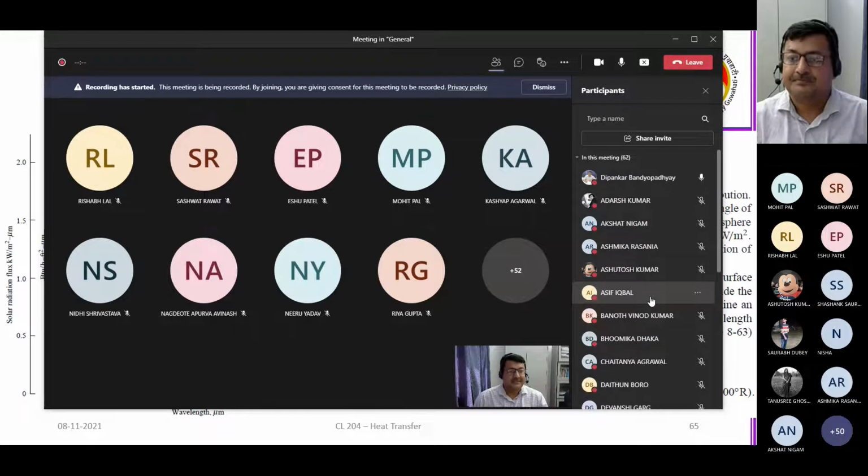Is it clear? Any question you have up to this point related to all these things, and how exactly you calculate the individual resistances associated with that? What is the resistance that you calculate? How much is going from this surface to that percent? How much is coming back? And that gives you the net resistance, net energy transfer between the two. And from there you calculate the rate of heat transfer.